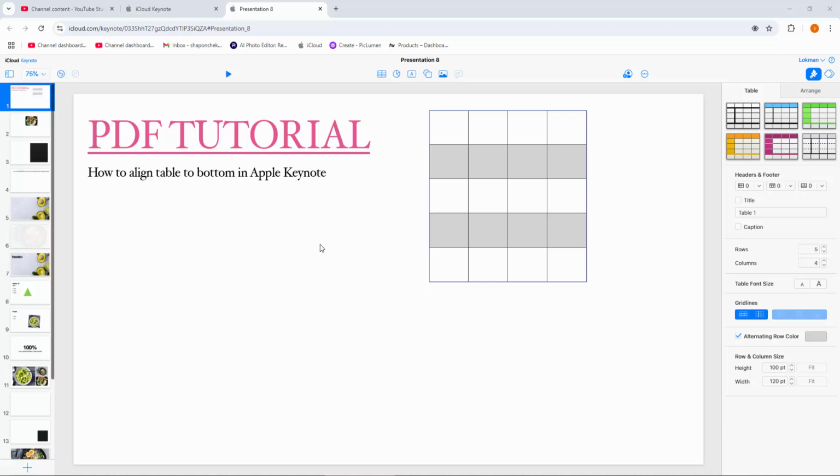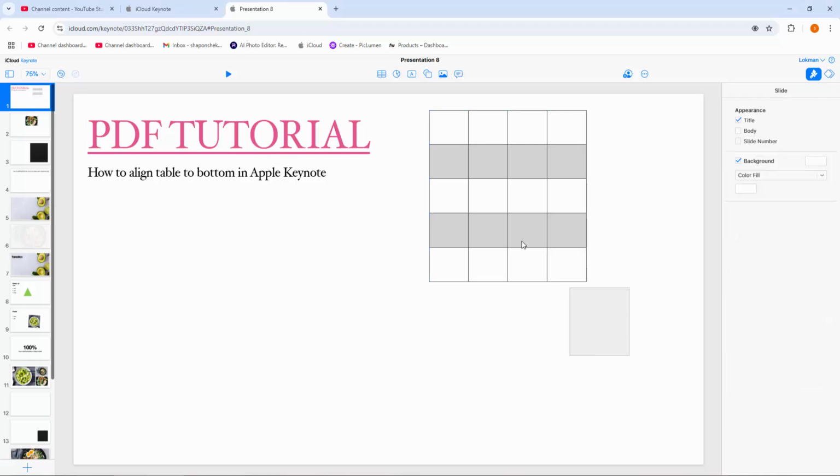In this video, I am going to show you how to align a table to the bottom in Apple Keynote. Let's get started. At first, open your Apple Keynote software, then open your Keynote presentation. Then open your table, and drag and select the table